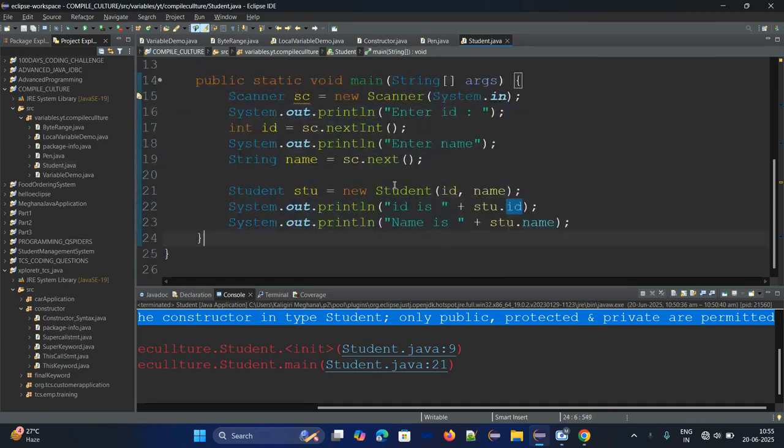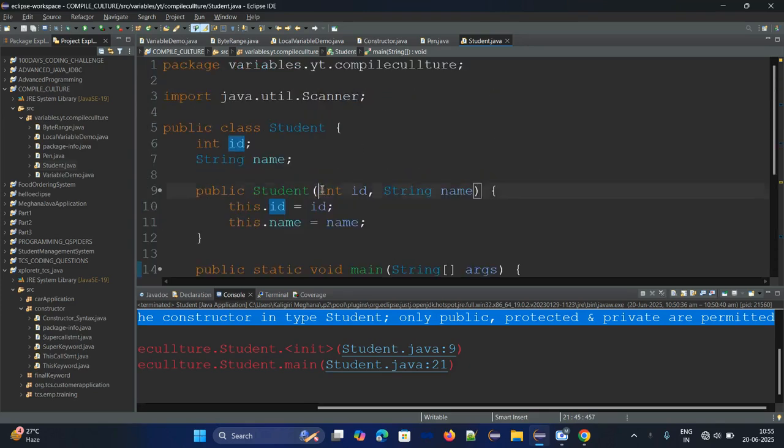Now, inside this object, I'm passing these two arguments, id and name, right? For these instance variables, I'm initializing the id and name which we are taking from the user. Those data we are initializing to the instance variables.